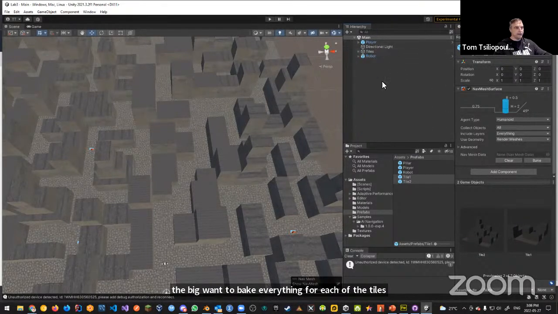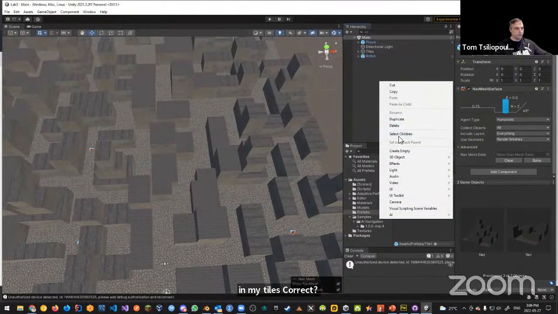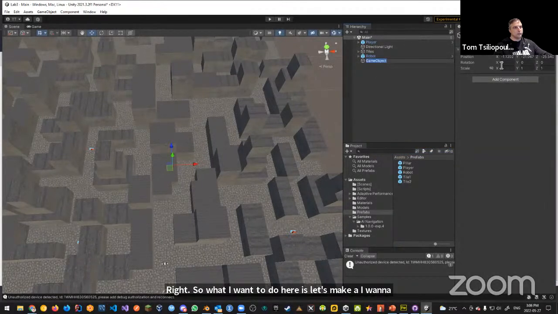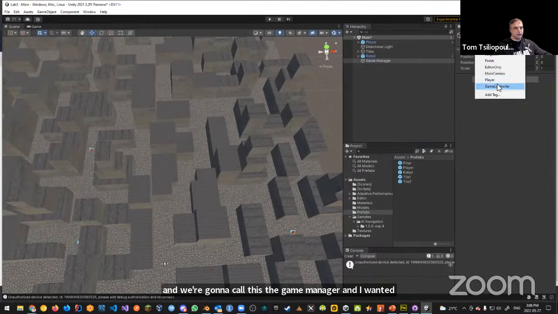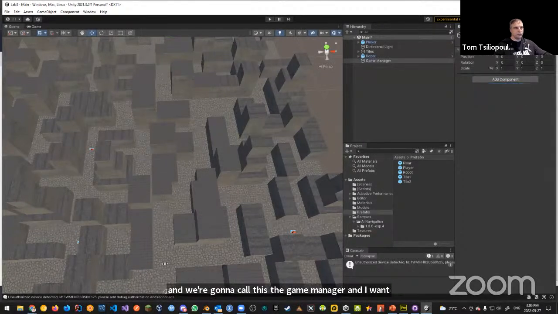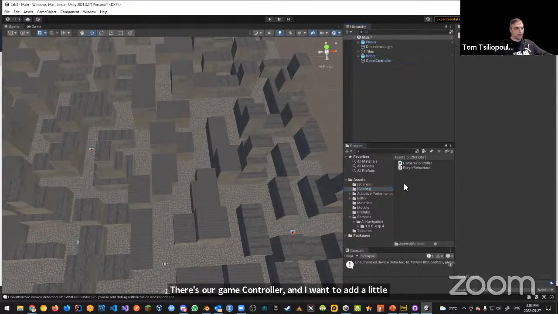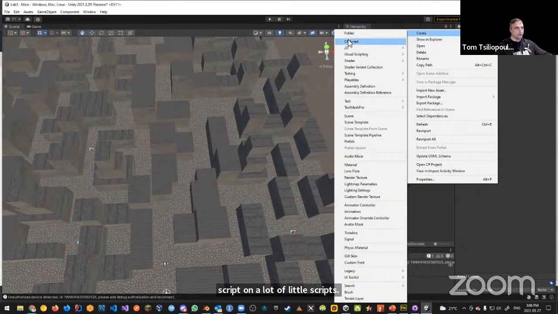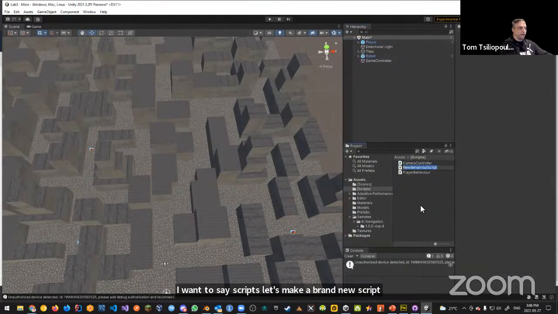So what I want to do here is create an empty object. We're going to reset it, and we're going to call this the game manager. And I want to tag it as a game manager or game controller. Let's just call it game controller just to be the same. There's our game controller. And I want to add a little script. So I want to say scripts. Let's make a brand new script, create a new C# script. And we'll call this C# script